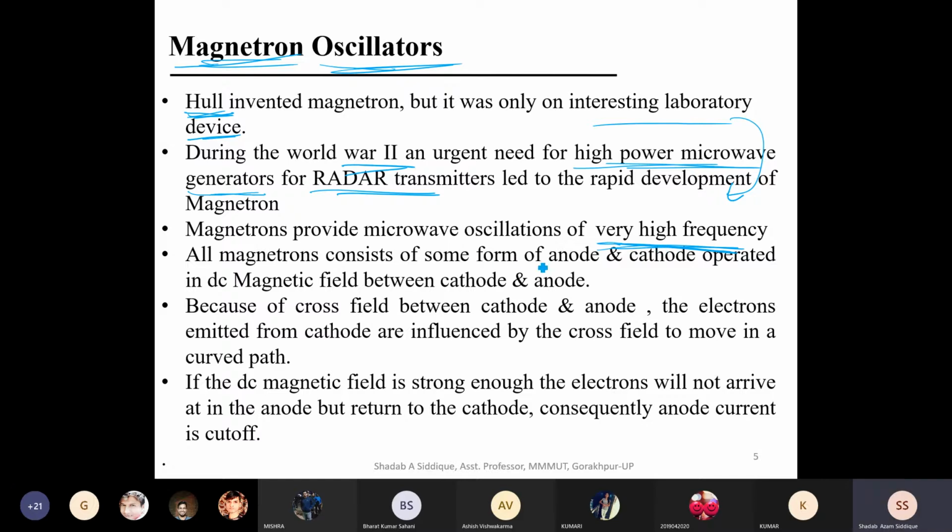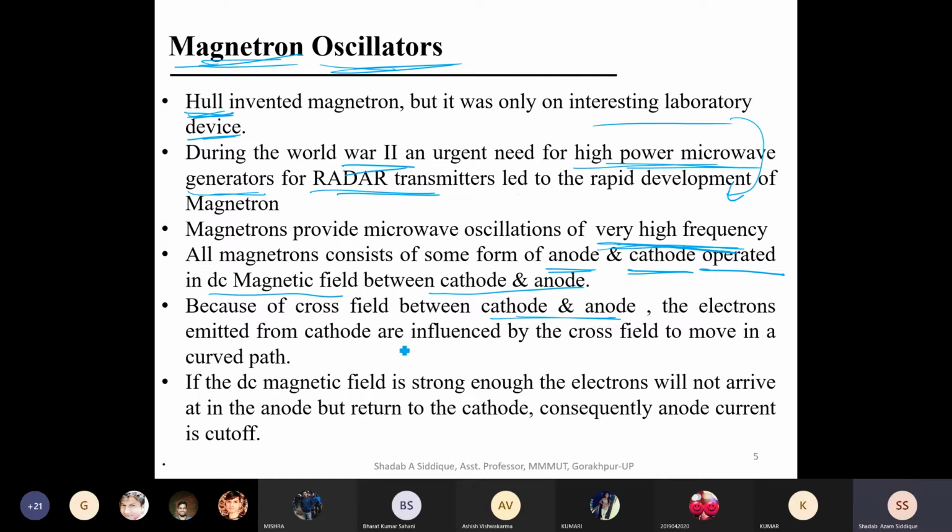The magnetron consists of two things, an anode as well as a cathode, which is operated under a DC magnetic field. In between the cathode and anode, a permanent magnet is placed, which gives you the DC magnetic field between anode and cathode. Now, because of the cross field between cathode and anode, cross field meaning the electric and magnetic fields are perpendicular to each other,